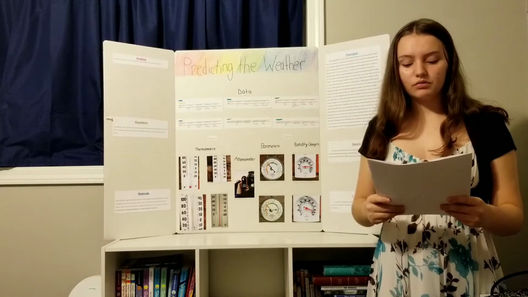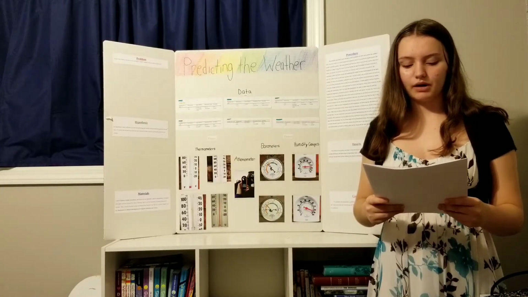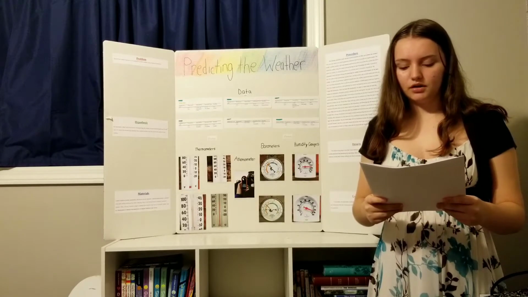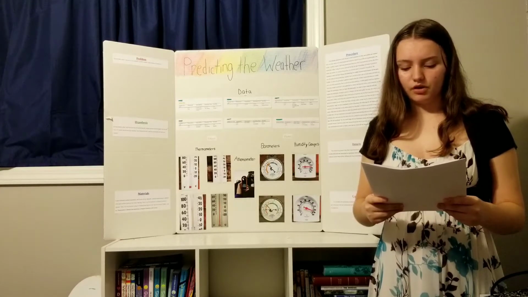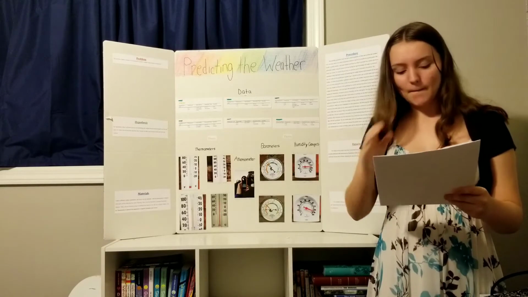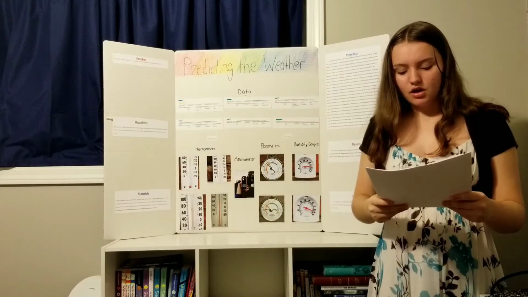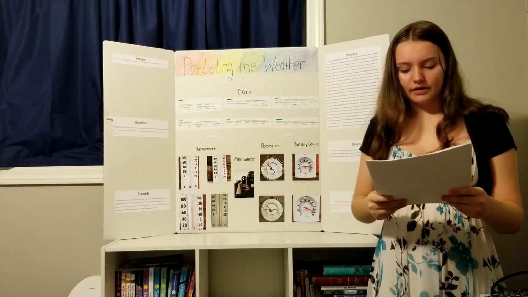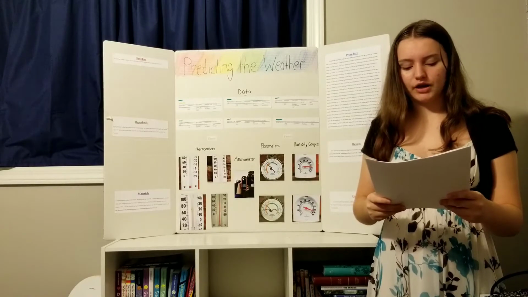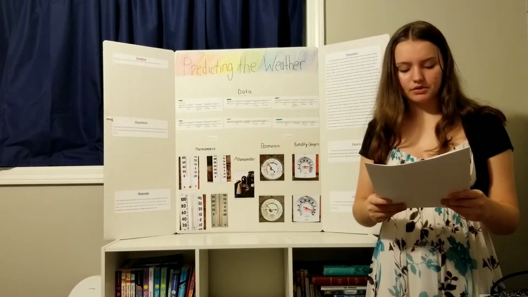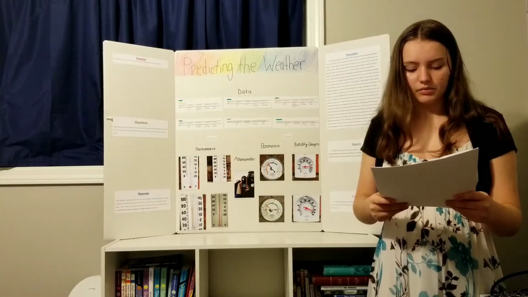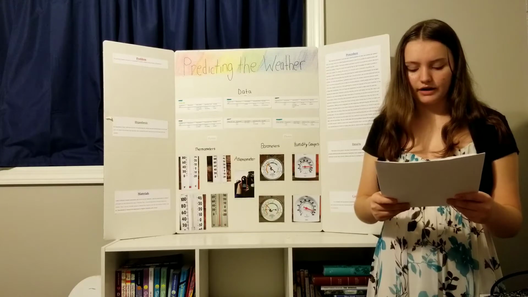I used 4 different materials, also known as my weather instruments. I used the anemometer to measure wind speed and the direction the wind is flowing. Next, I used the barometer to measure how humid or dry the air is outside. Humidity is the number of water droplets in the air creating moisture and even sometimes rain. Finally, I used my thermometer to measure the temperature in degrees Fahrenheit and Celsius.